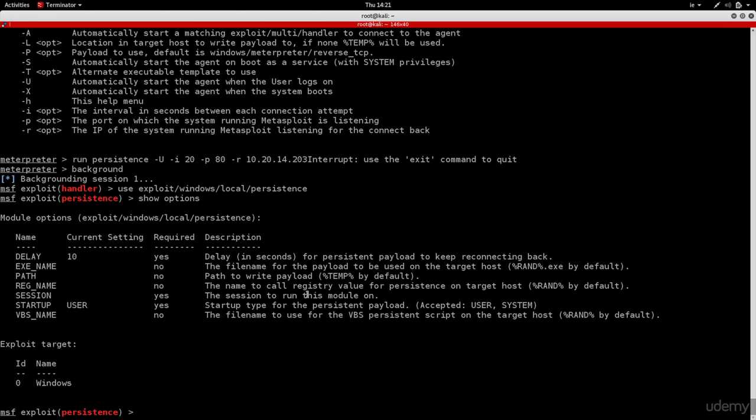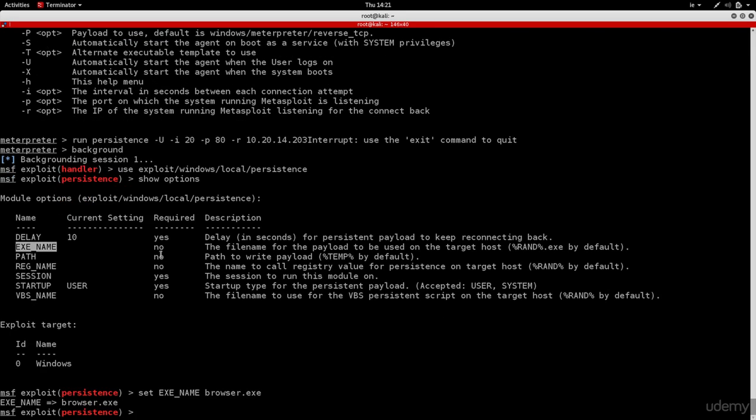So you can see here, we have similar options to what we've seen with the Metasploit service. The first thing is the amount of seconds that the target will try to connect back to us, the interval, and I'm going to keep that at 10 seconds. So every 10 seconds, the target computer will try to connect back to me. Now the exe name is the name that will show up under the processes where the connection is coming back from. So I'm going to set that to browser to make it less detectable. So we're going to set the exe name to browser.exe,